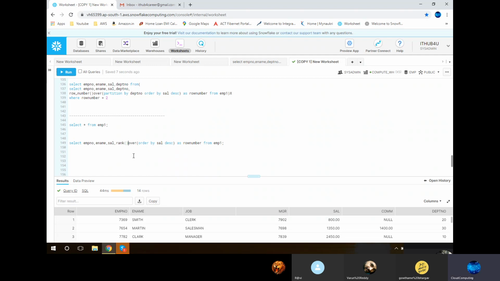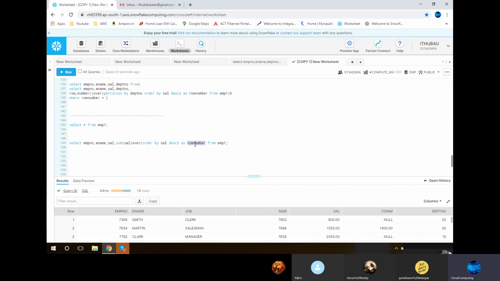So instead of this, I'm not giving rank or dense rank or row number. I'm giving the function sum of salary. After that, I have given the OVER clause with ORDER BY, the same thing as whatever we have discussed.